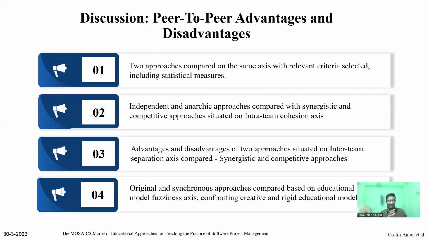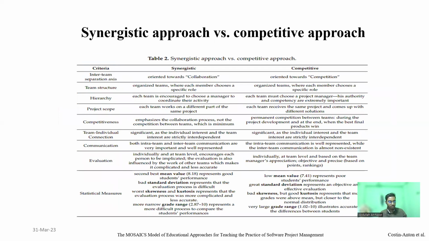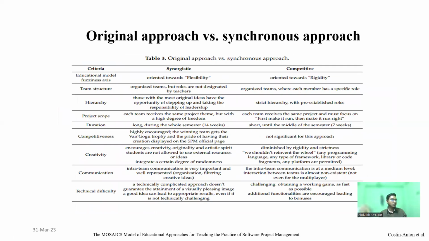Discussions. The discussions cover the advantages and disadvantages of different approaches in the MOSAICS model. The independent and anarchic approaches are compared with the synergistic and competitive approaches. The original and synchronous approaches were compared based on the educational model's axes, and finally all approaches are compared based on various criteria in the MOSAICS model's educational approaches. Here is the comparison between independent approach and anarchic approach. Here is the comparison between the synergistic approach versus competitive approach,